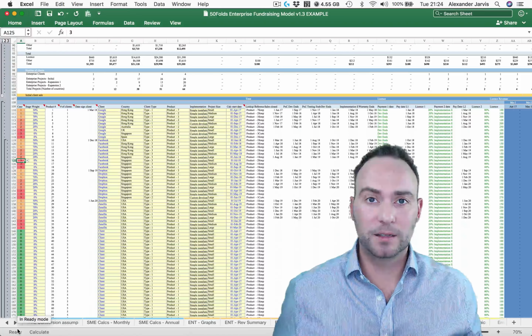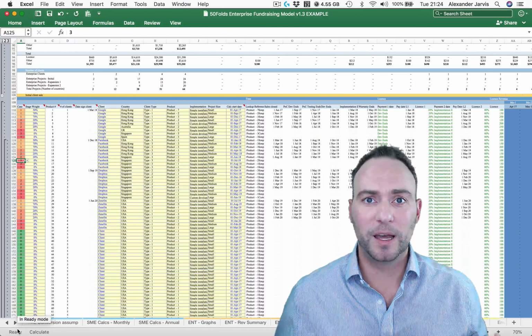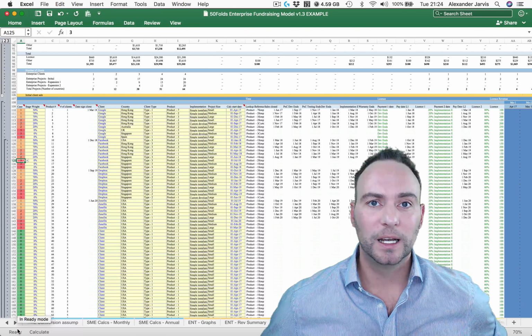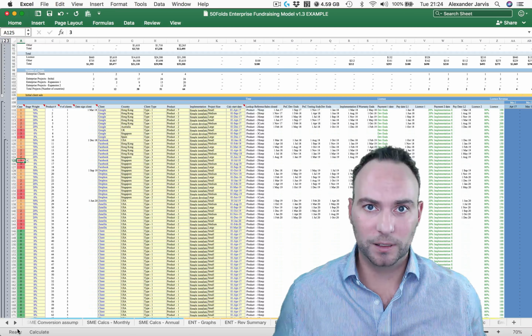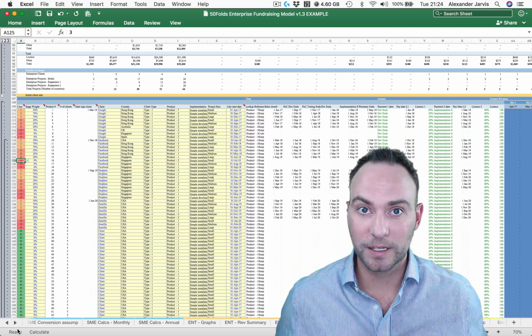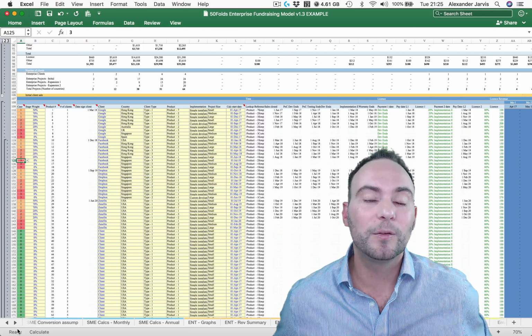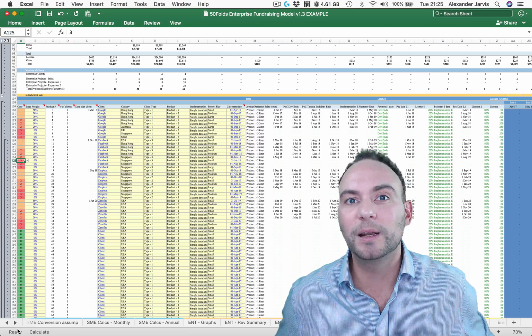Now, the big moment has come. We're going to be dealing with the enterprise portion of the enterprise and SaaS financial model. Now, this is going to seem a little complicated because it is. I've spent a very large amount of time trying to make it simple, but fundamentally what you're doing isn't.